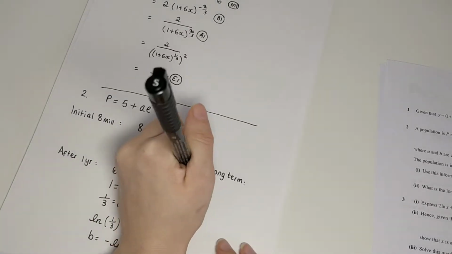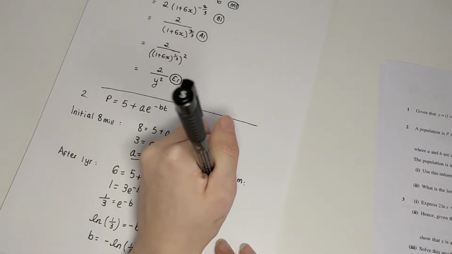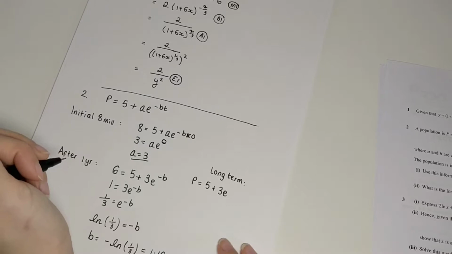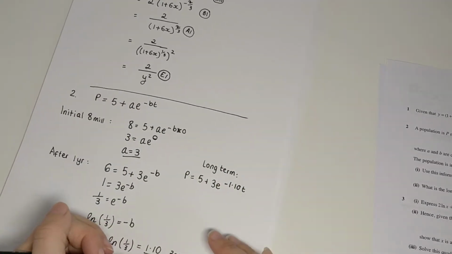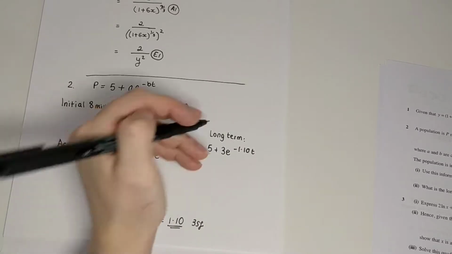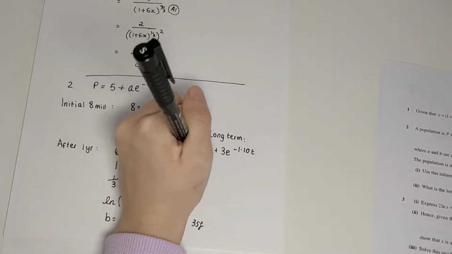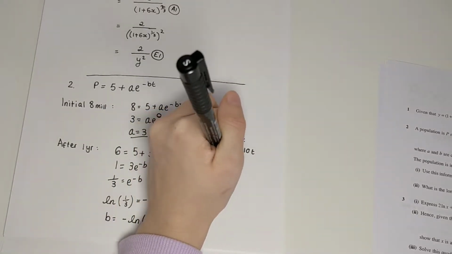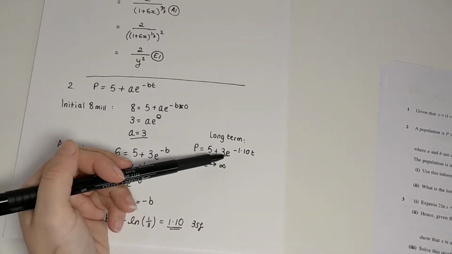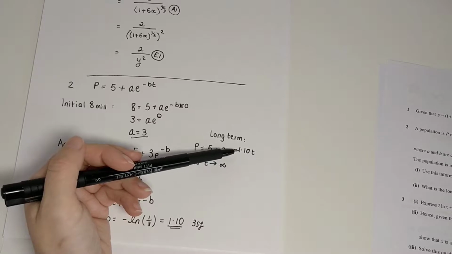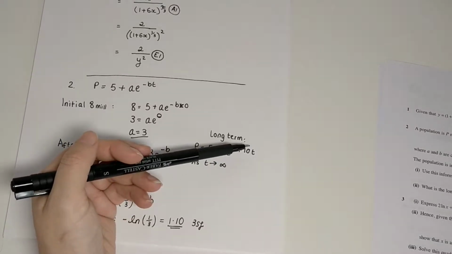So let me have a look at the equation now that we know the a and the b. Okay, so as t tends to infinity, so as t gets really, really big, e to the power of minus a really, really big number,